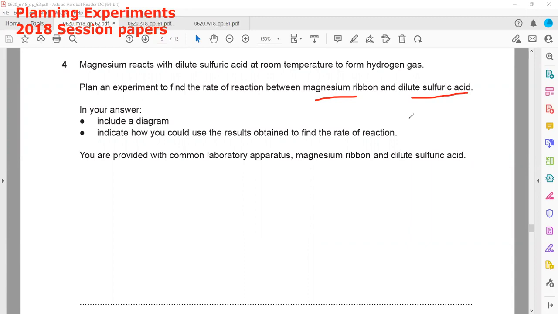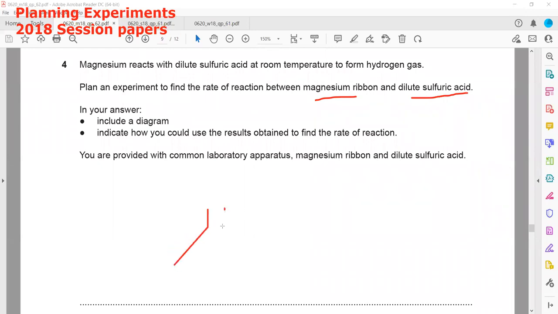So whenever metal reacts with acid, it gives salt and hydrogen gas. So either we can measure the volume of a gas given off in a unit time or the change in the mass in a particular time interval. We can work out the rate of reaction. In your answer, you have to include a diagram. So it's up to you. If you want to measure the change in mass,